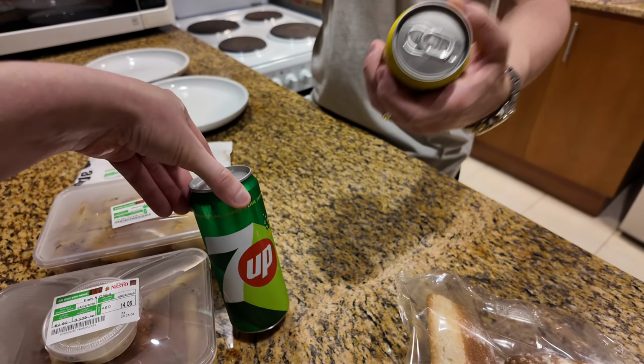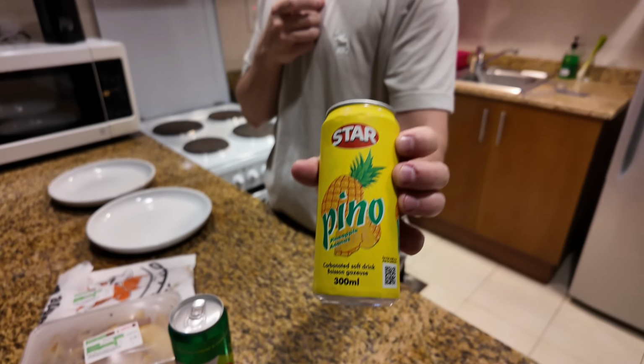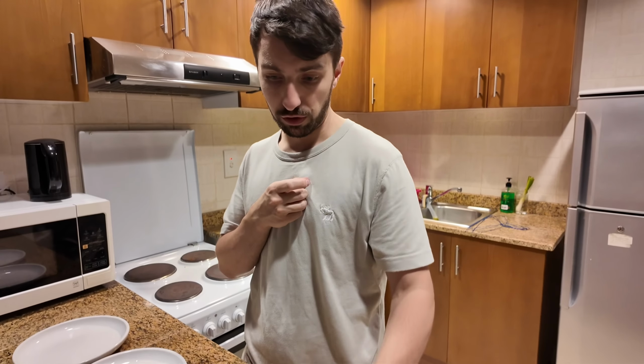And then these 2 drinks. So I've got this pineapple thing. Don't know what this is going to, it's obviously going to taste of pineapple, but yeah, I wanted to try something different. Now we're going to eat, so that'll probably be...